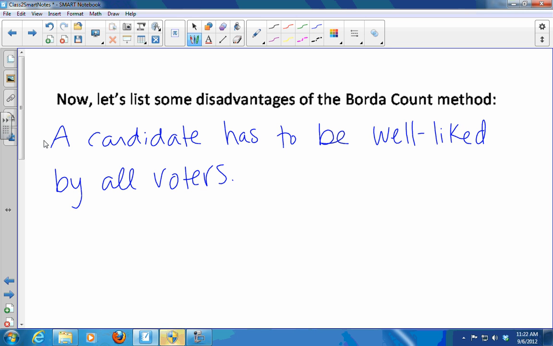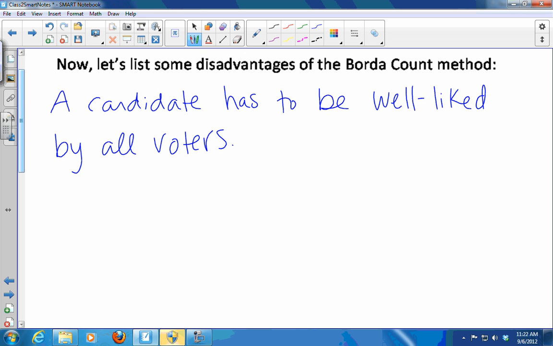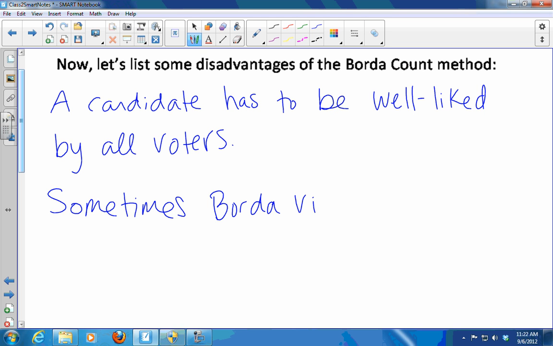So that example showed that it's possible that you can have a majority candidate who loses and a Condorcet candidate who loses, which means that this method, while it is good in that it produces a compromise candidate, forces us to sometimes violate those 2 basic fairness criteria that we talked about. So that's a big drawback, that sometimes Borda violates the majority criterion